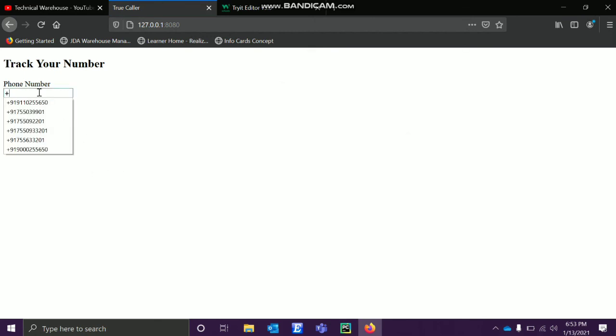Now I'll give numbers, I've tried a few. Let me try with this one first. I know this belongs to our Reliance Jio company, correct? This also works. Now let me try with this one. This belongs to Vodafone India. This is how you can track the Pakistan numbers also. It will have multiple results. So try yours,